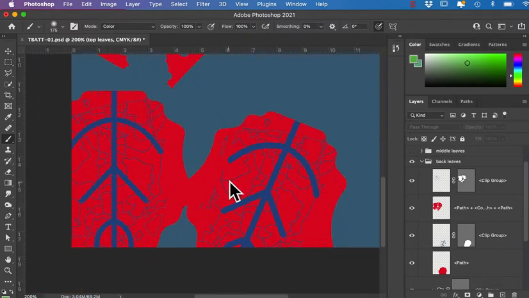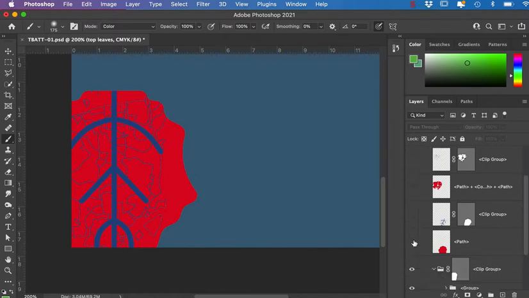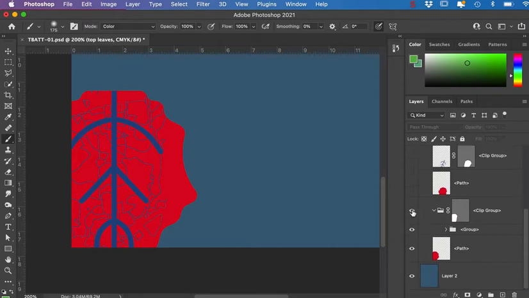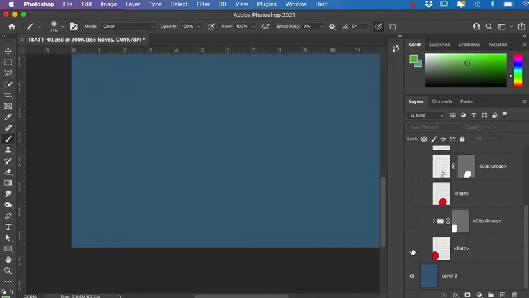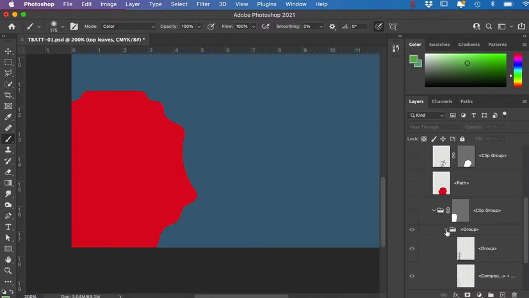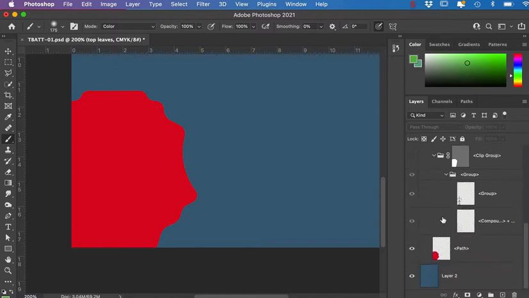So these two leaves are the same, but this one wasn't grouped, and this one we did the grouping. So let's have a look and see what's going on. Alright, so with this one, we've got the red, and the stuff on the middle, you can see it's actually made a little thing here called a clipping group. And inside that, we're going to have all our groups, and you'll see that when we switch it on and off,